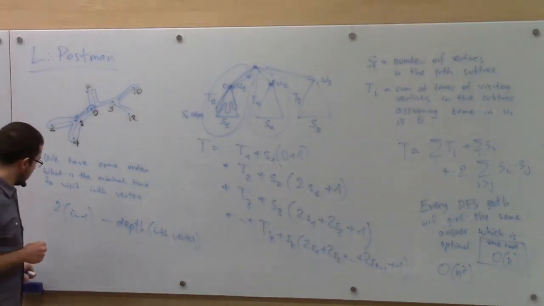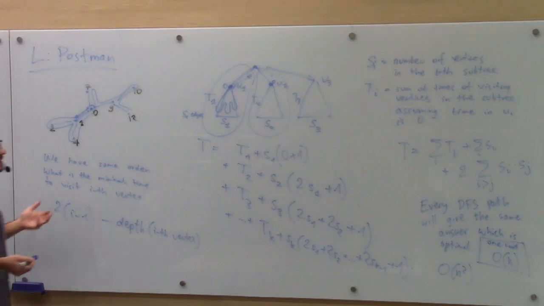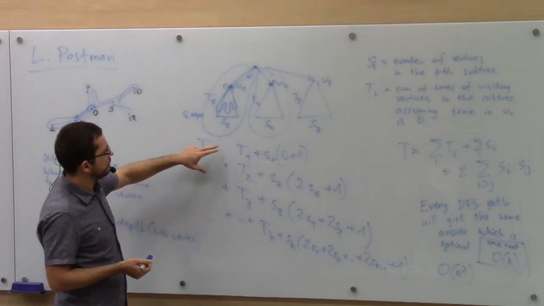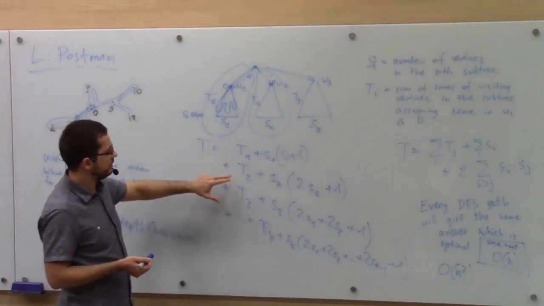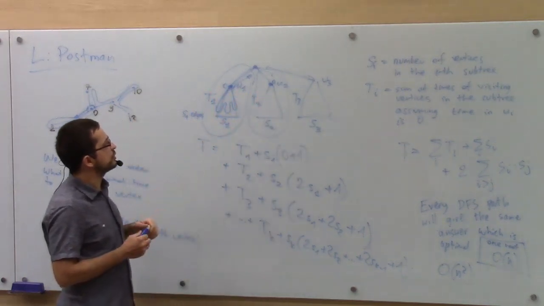Okay, so we can do better, and there are several ways to calculate the answer for every possible root. There is a pretty hard way and an easy way. I think a hard way here would be to use general dynamic programming. For instance, you can calculate all of these values, t_i, for every subtree, and then try to also calculate